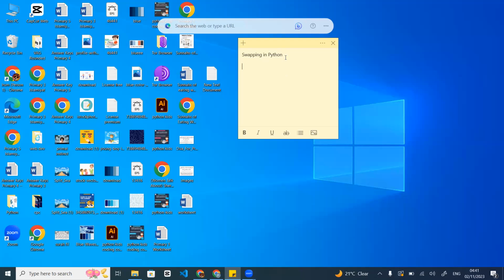Program, which is called Swapping in Python, how to swap two variables in Python. Or we can say how to swap the values of two variables in Python. So before we get started with it, let me share my screen and